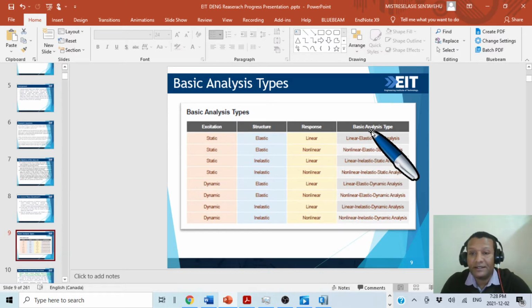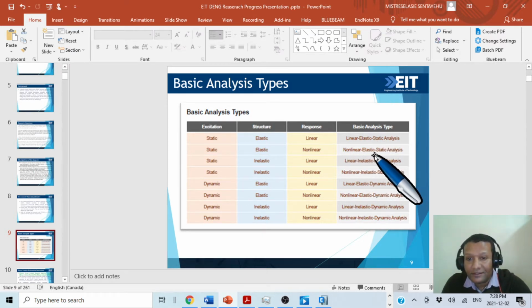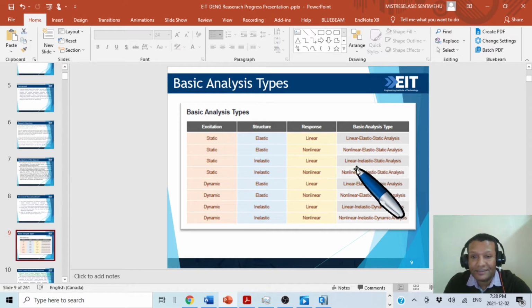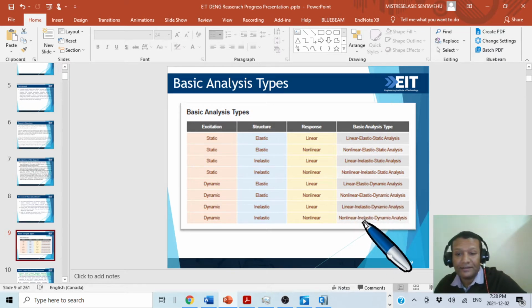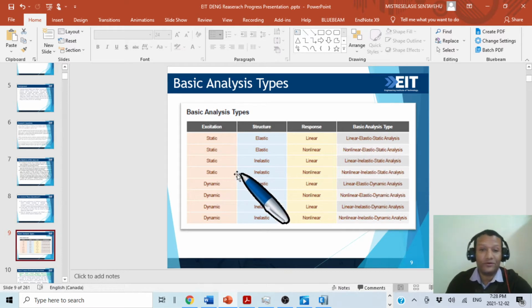So the basic analysis types are, for example, linear elastic static analysis, nonlinear elastic static analysis, linear inelastic static analysis, nonlinear inelastic static analysis, a lot of analyses, linear elastic dynamic analysis, nonlinear elastic dynamic analysis, linear inelastic dynamic analysis, nonlinear inelastic dynamic analysis. All these kinds of analysis can be performed, but for us